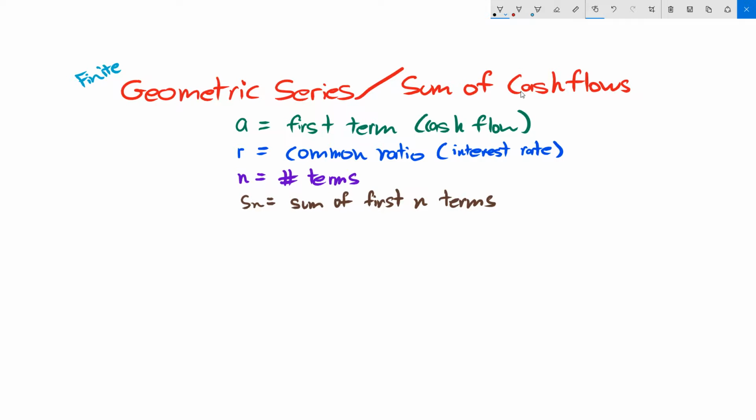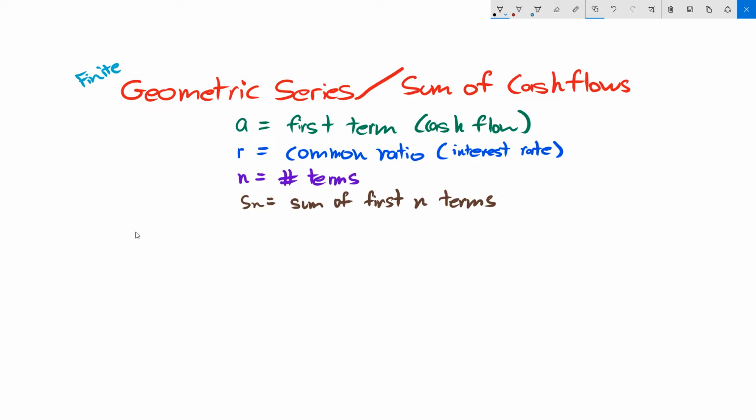Hi, in this video we're going to talk about the geometric series formula. How do we derive it? This is useful in finance because it is another way of saying what is the sum of cash flows. So if you have a recurring payment of some amount of money that you're getting over the year, say $100 a month, and you have so many years, how much money are you going to be getting out of the whole thing? So this is going to be extremely useful when we're calculating annuities in future videos, but we